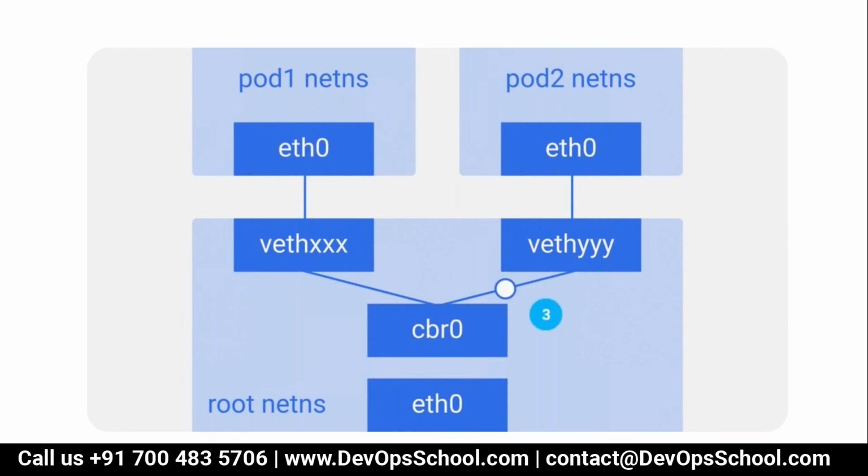Let me route it. So CBR0 routes it because it knows that IP address, because CBR0 also manages your route tables, all the IP tables and route tables. Because of that, they deliver the packet to the VF, which consists of pod 2 and pod 2 ETH0. They receive it, and the work is done. So this is the way intra-node, intra-pod communication happens.